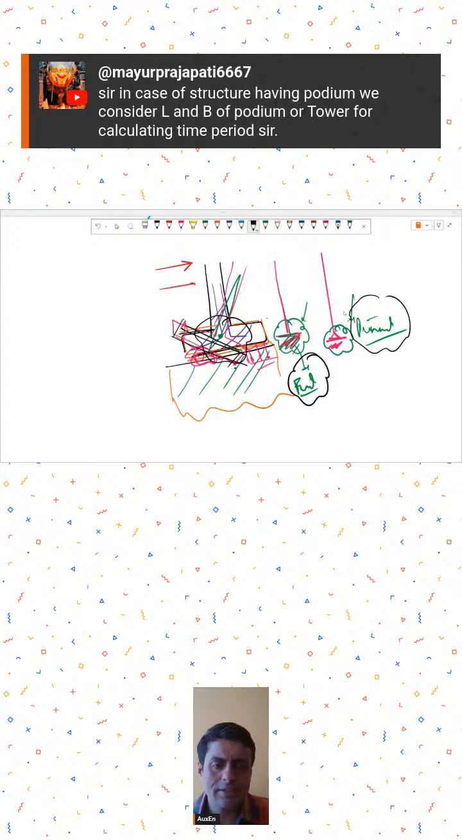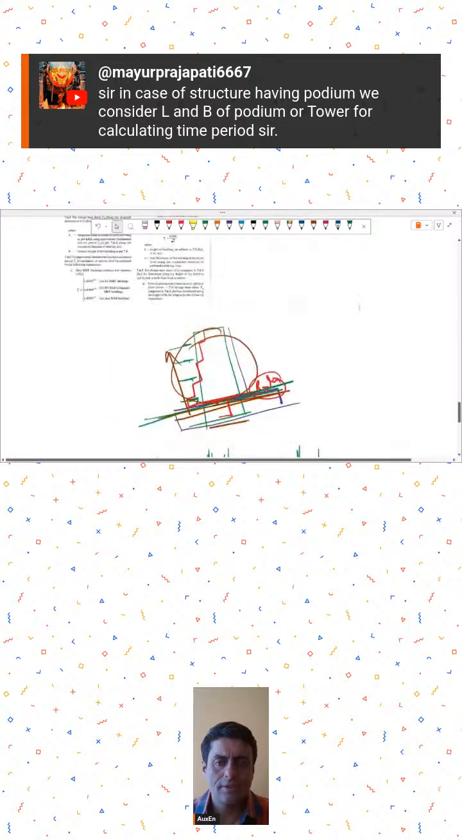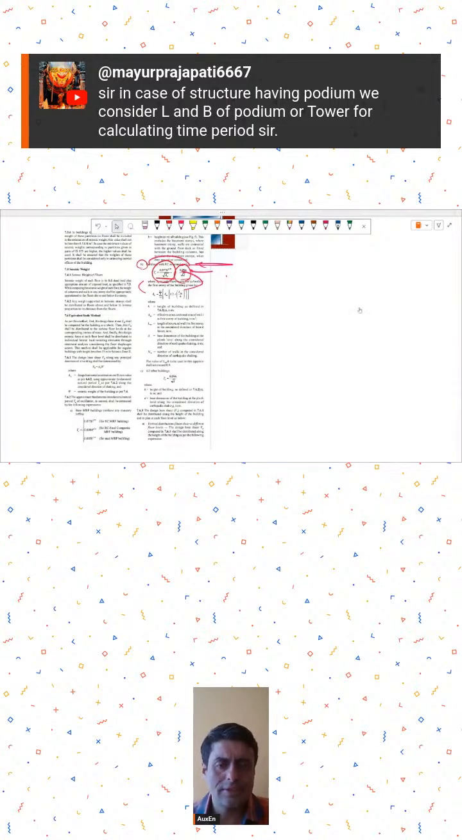Mr. Mayur Prajapati is continuing with his earlier question about time period. What he is saying, in case of structure having podium, we consider L and B of podium or tower for calculating time period. So again, not much clarity is given. The idea should be to calculate the lowest possible time period if you are using these time period formulas, because the lowest possible time period would mean the highest possible earthquake shear. So whenever you are calculating time period, just try to take the lowest possible